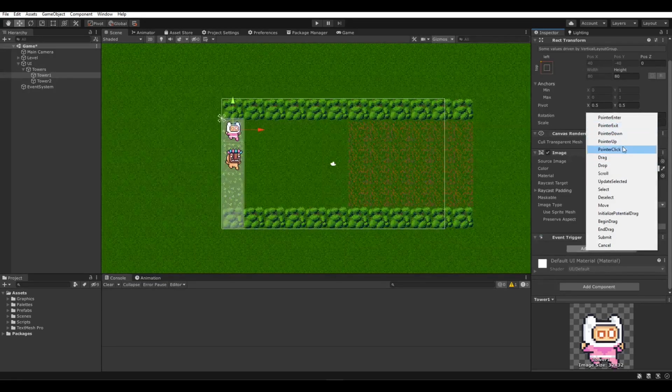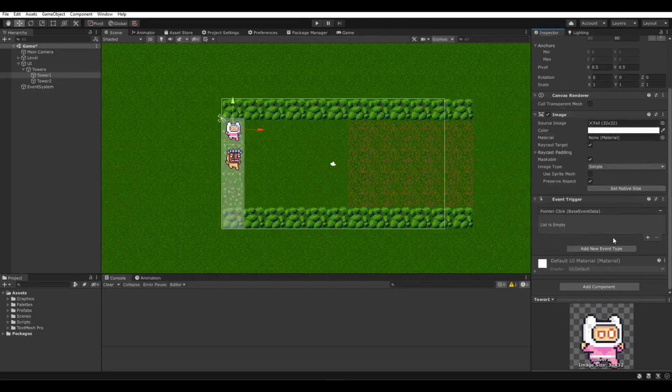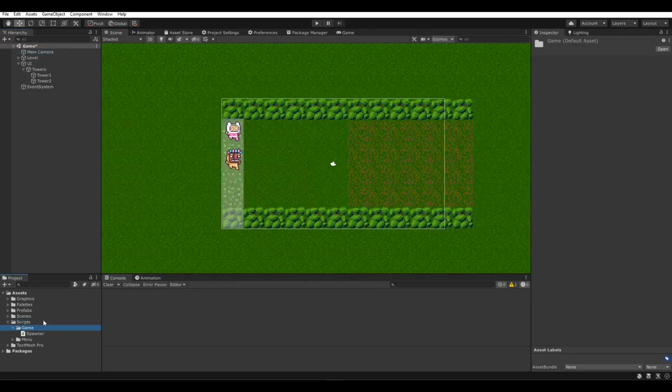So what I'm gonna do is I'm gonna have something called click here. Let's go with click. Click means you went through the whole procedure of the click, like mouse down, mouse up. So I'm gonna go with click. And when I click this one, I want to select this tower. And as far as I can see, we need to create